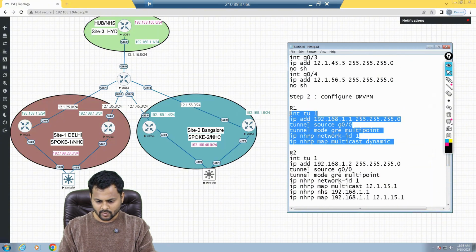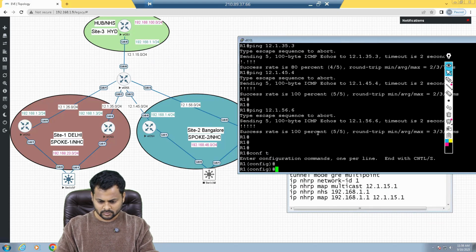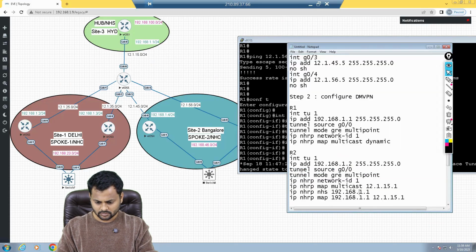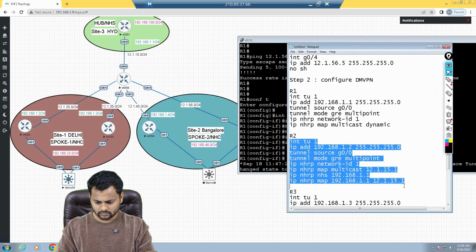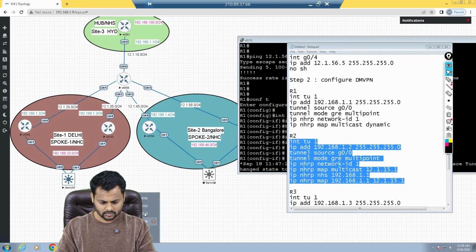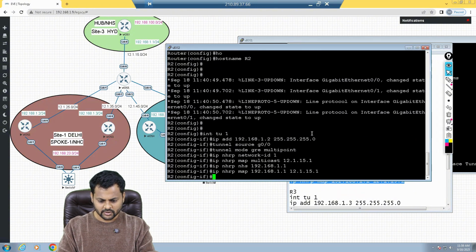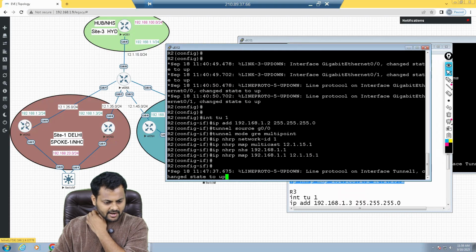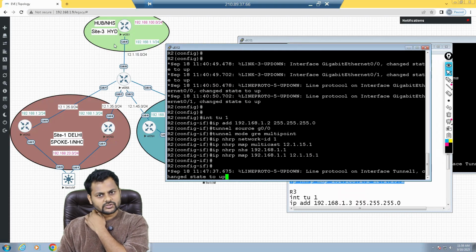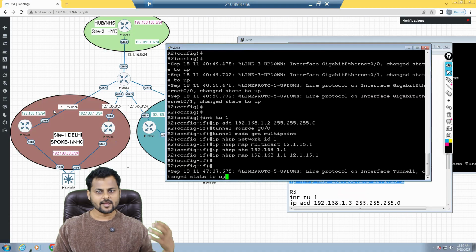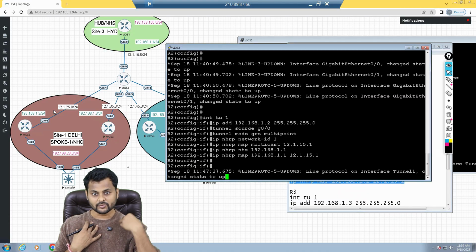So that's good. On router number 1, I copy and paste this configuration, right? So R1. Here we go. My configs are good. On R2. Once I configure R2, what happens? R2 is going to send the NHRP registration request to router number 1, right? So every spoke router, or we can say client router, is going to send the request to the server router. Hey, this is myself, and I'm going to register myself to you.